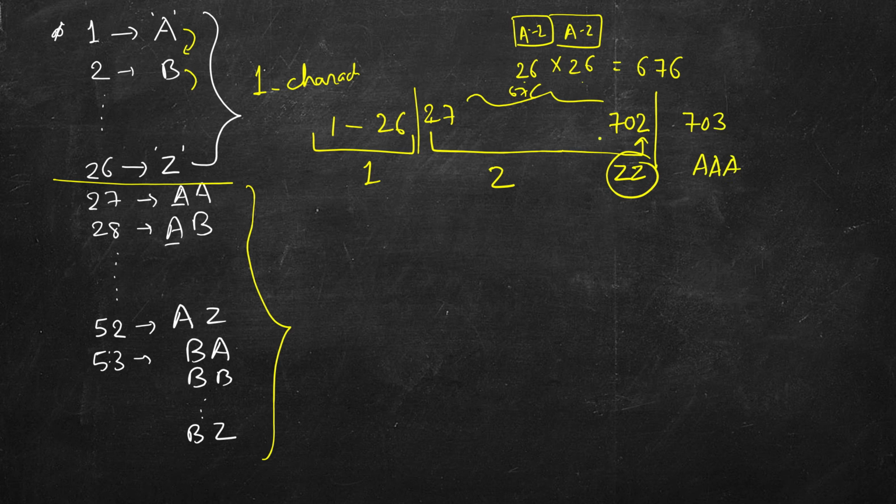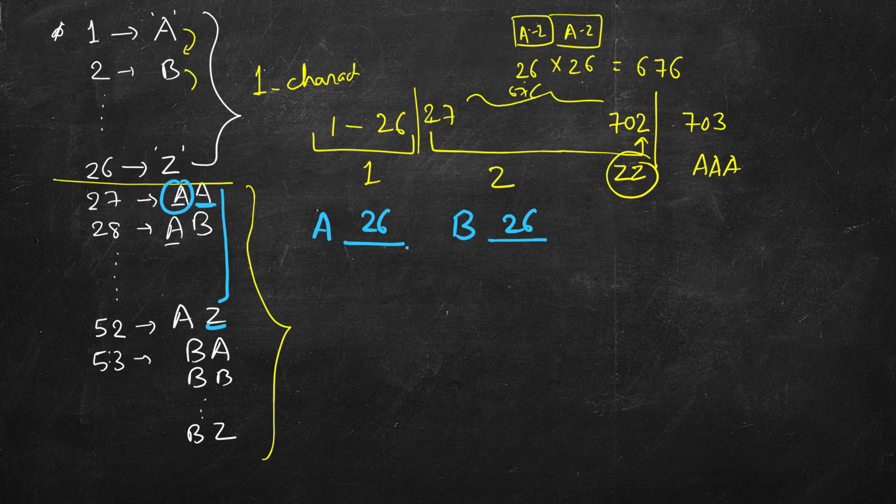So we have to find a pattern. It's not that a direct division will give us anything. So let's try to find the pattern here. If it's one character, it changes after every number. Even in the 2-character case, if you observe the last character, you see that it is always changing. It's never constant. So A, B, C, D till Z, then again A, B, C, D till Z, and it keeps on repeating. And in the first place, A is constant while we fill 26 values one by one.